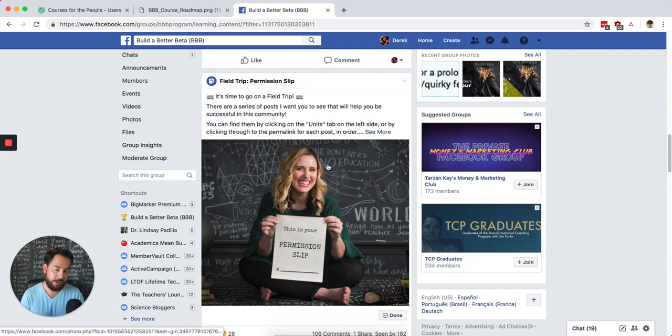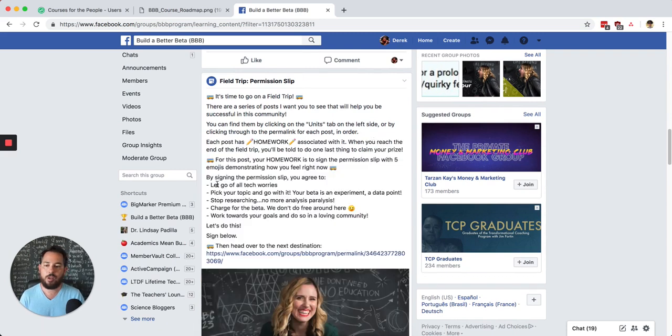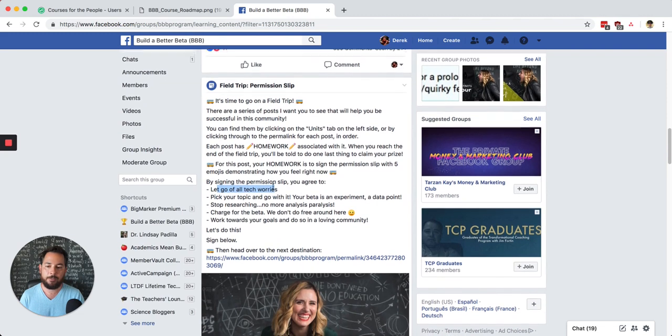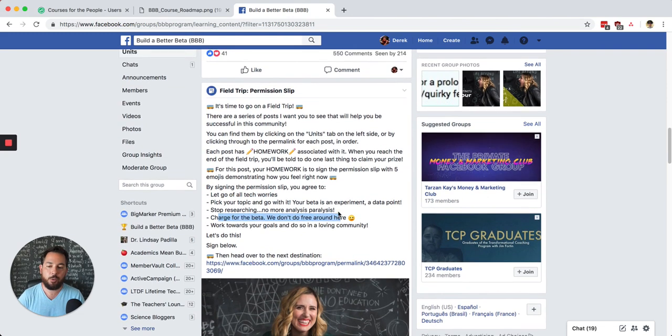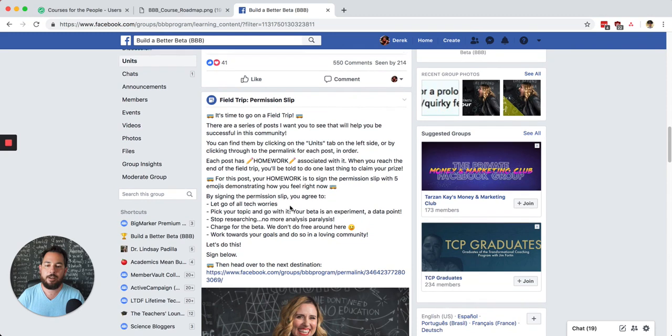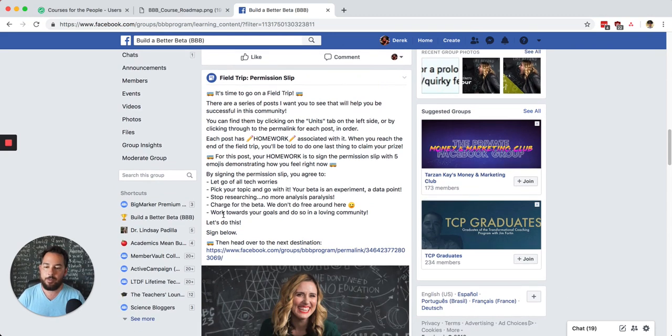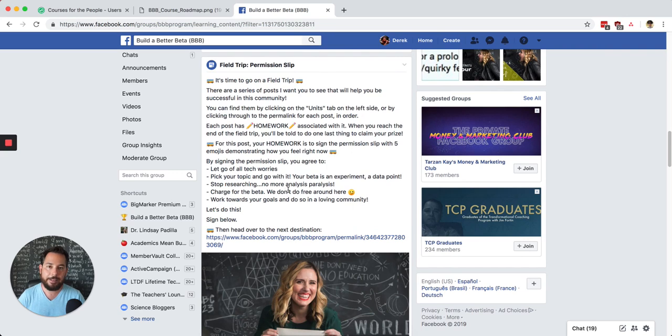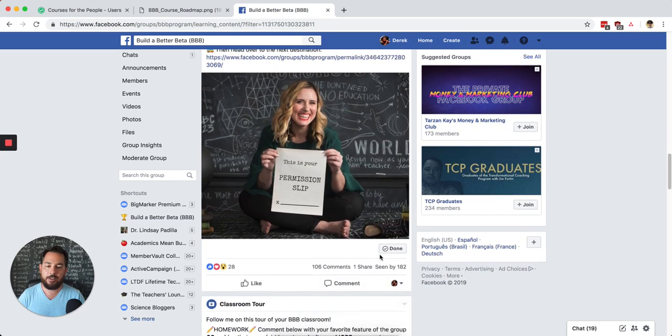This is what I was talking about. You are going to let go of all tech worries. We want you to charge from your beta, so we're giving you permission to charge. Giving you permission to stop researching, you know enough, you're ready to go. Giving you permission to pick your topic and go with it. I'm reading the list backwards. But yeah, go ahead and sign the permission slip as it says here, and then click done, move on